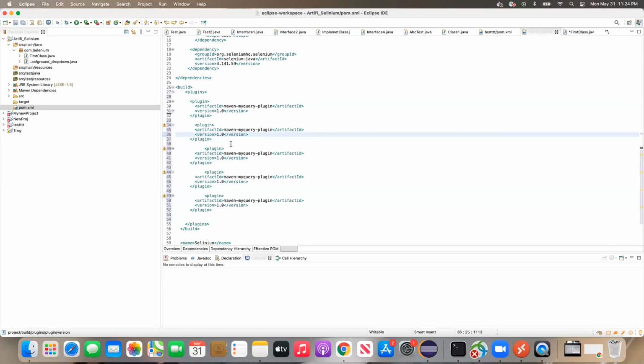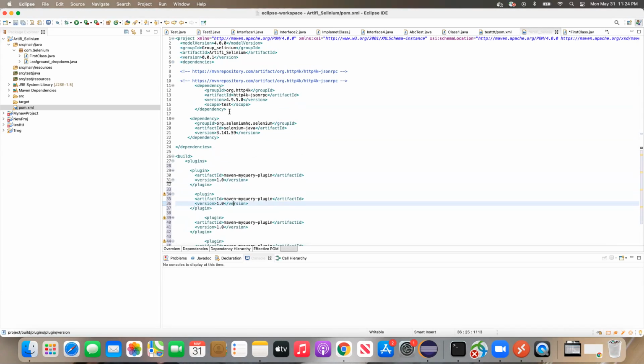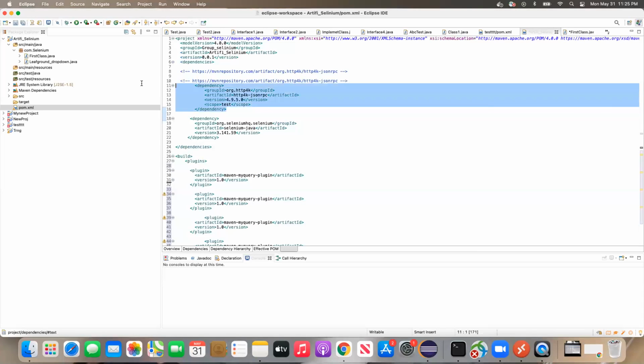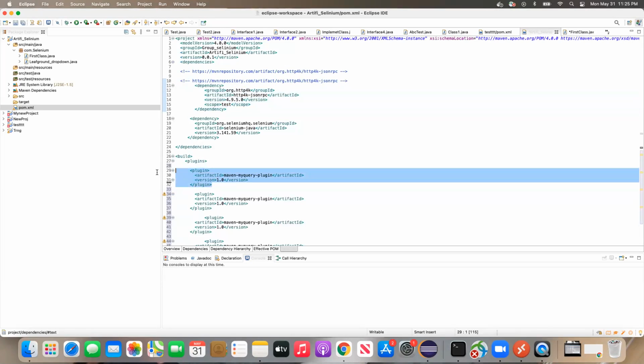Now the point you need to understand, guys. Here artifact ID is there. Here artifact ID is there. Group ID can be there here, but for this we don't have one, so you can have the group ID also. Here you have a version. Here you have a version. Now, can you relate anything? What do you mean by this dependency and what do you mean by this plugin? Can you relate any similar things?